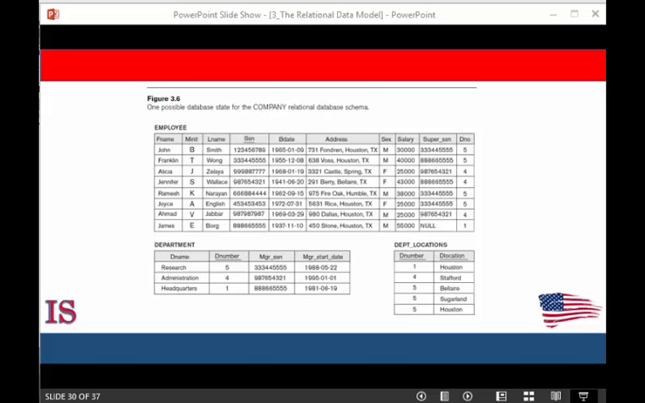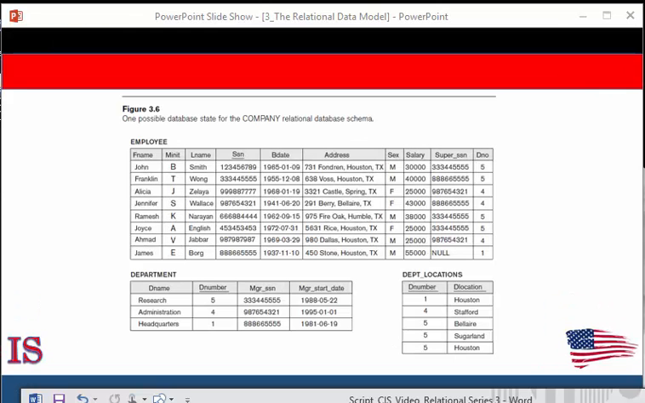So let's get started. The insert operation provides a list of attributes for a new tuple that's to be inserted into a relation. Insert can violate any of the four types of constraints discussed in the previous section. Domains can be violated if a given value does not appear in the corresponding domain or is not the appropriate data type. Key constraints can be violated if a key value in the new tuple already exists in another tuple